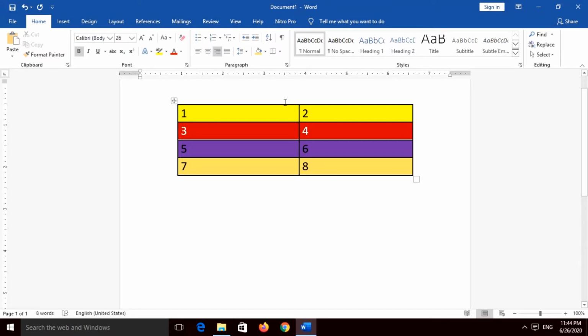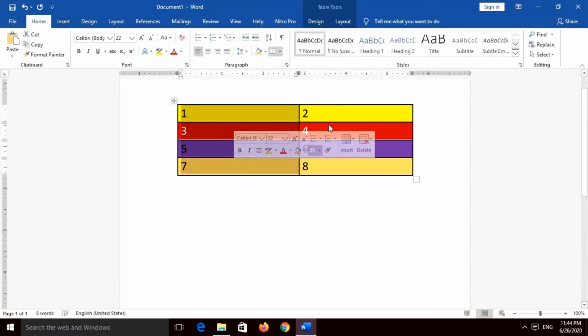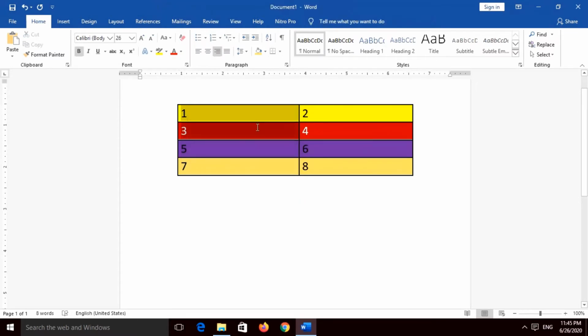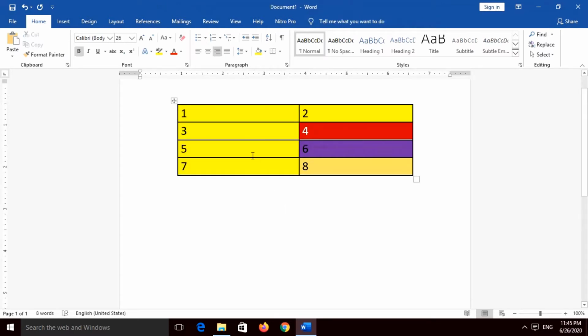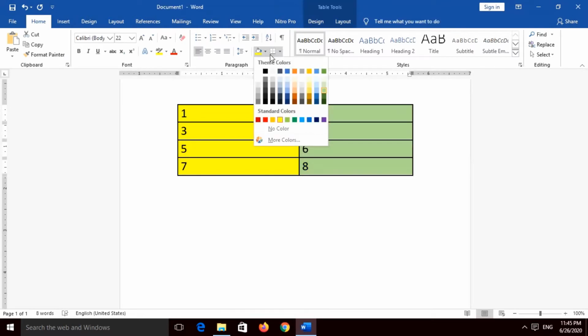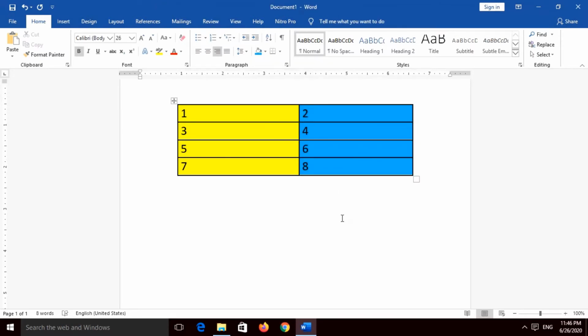Now what are columns? Now columns are always vertical. When we take the cells vertically from top to bottom, these are called columns. Now I will color one column. Now in this table there are 2 columns. Combining these cells 1, 3, 5, 7, it becomes one column, and combining these 2, 4, 6, 8, these 4 cells, it becomes the second column.